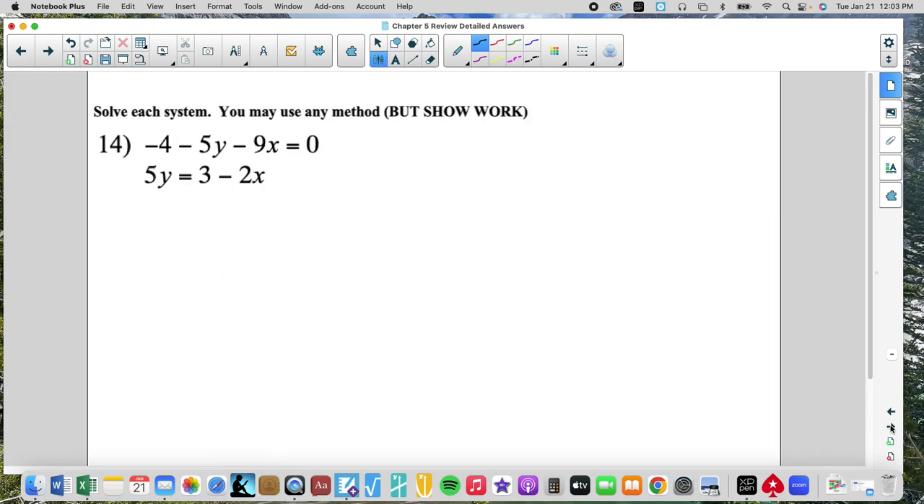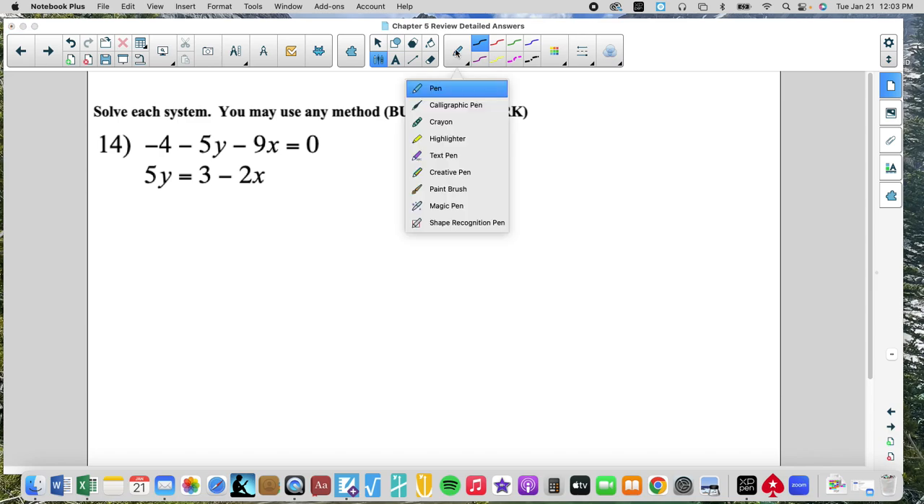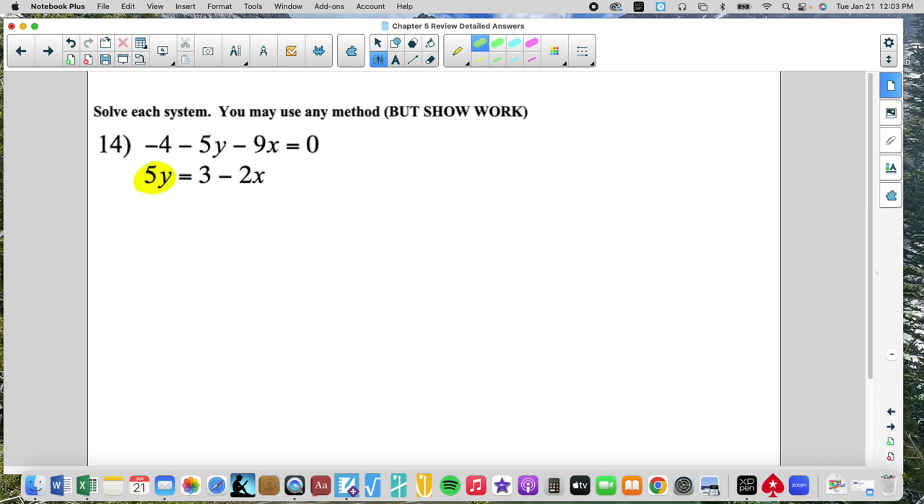All right. On this next group, you can use any method, but you've got to show your work. So I'm going to use substitution. I'm going to do a tricky substitution. I'm going to substitute 5y. Now we need to see that it is -5y. So I'm just taking this portion and substituting it in for that part. So that's going to say -4 minus my 5y value,